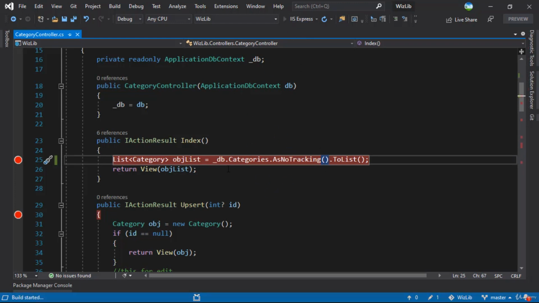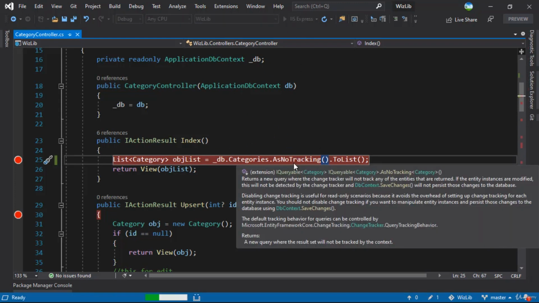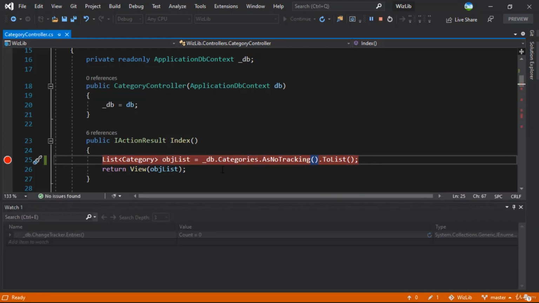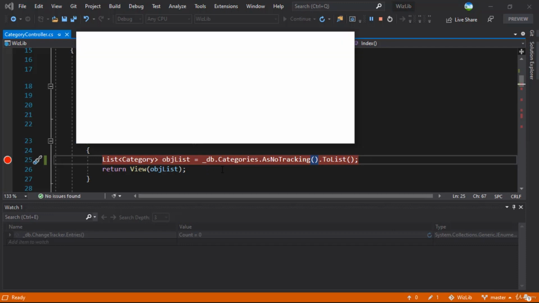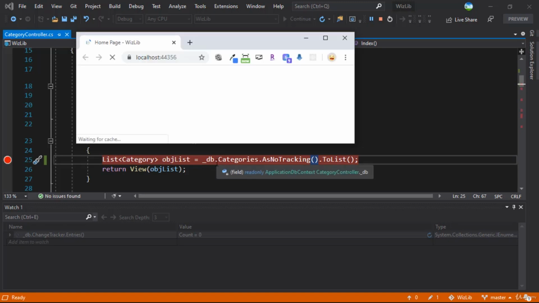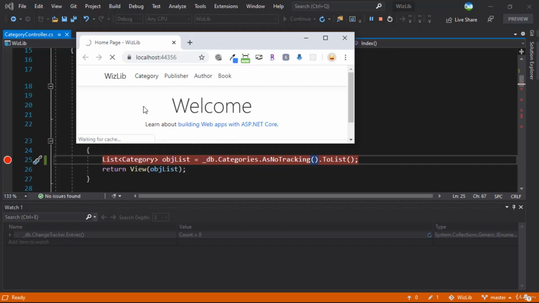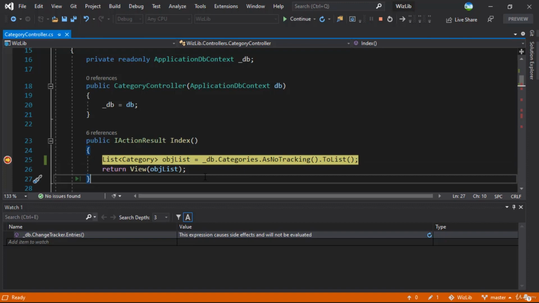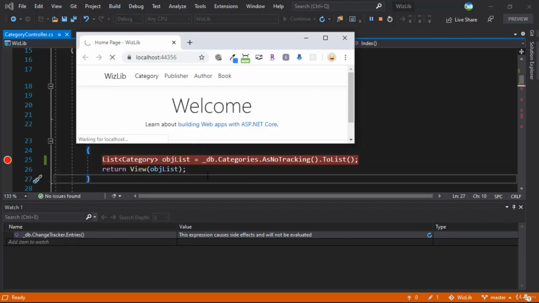Let's run our application and make sure that this actually works. In the last video, when we were on this line and we saw it was executed with ToList, we were able to see about 9 trackings or 9 categories that were being tracked. Let's see what happens this time. So we'll just go to the category here, and we have the control here. Let's execute this, F10,